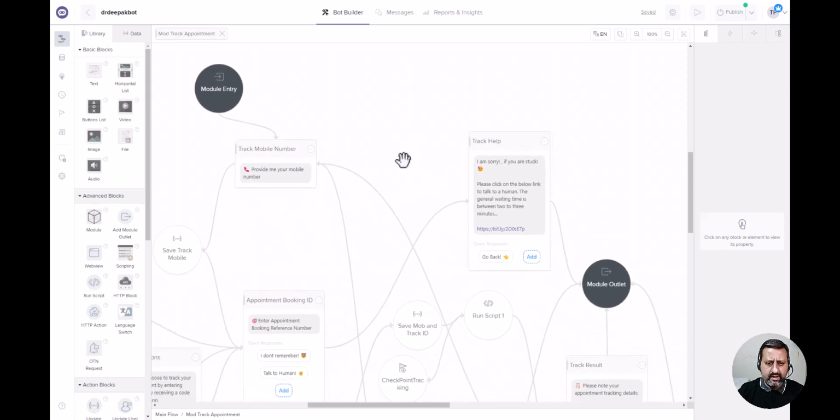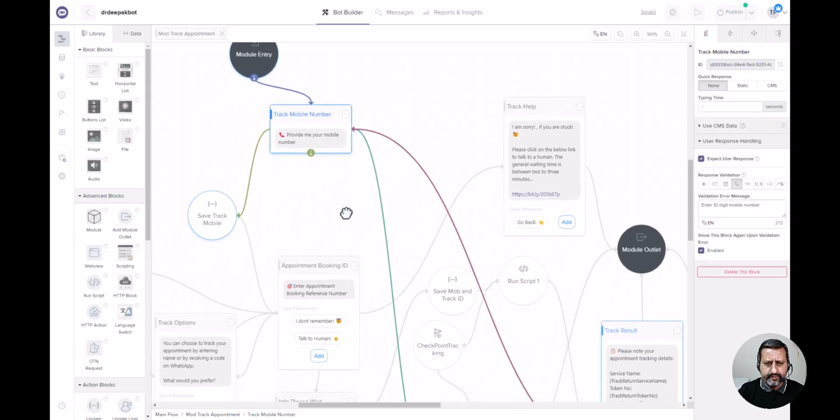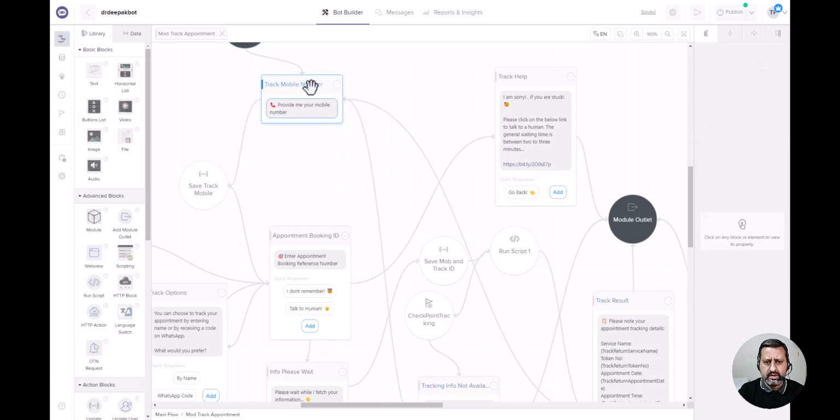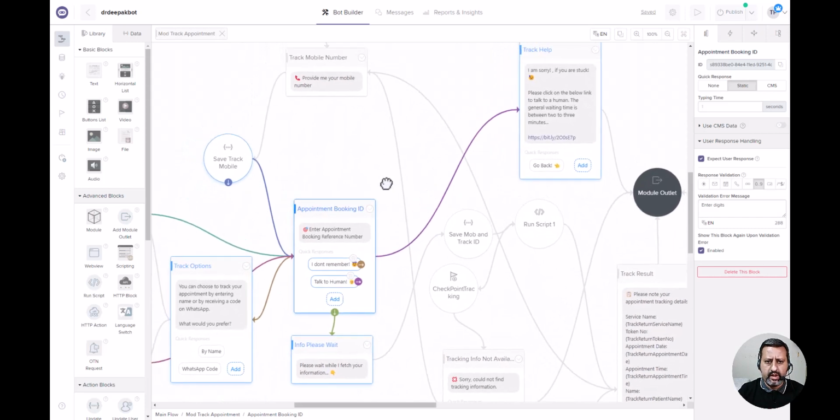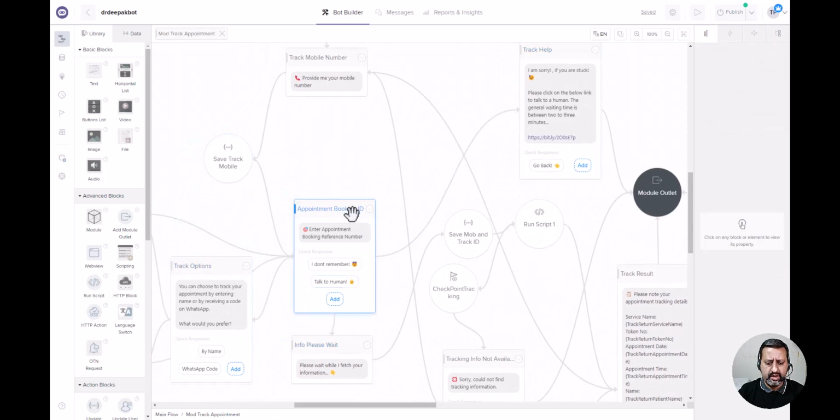We understand that we have two major inputs: one is to have the user enter the mobile number, and the second is the tracking ID or the reference number. With these two pieces of information handy, looking at the first use case where the user has the reference ID, once the user enters the reference ID,